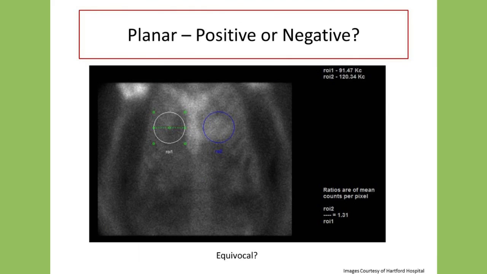In this particular case, the region of interest was 1.31, and it looks like there is activity in the myocardium. But the question becomes, just looking at the planar, is this truly myocardial uptake, or is this prolonged blood pooling? This is one of the specific reasons why this patient was scanned at an hour, and why the thought, which is becoming more common, is to wait the 3 hours and do your SPECT study at 3 hours, to help differentiate between blood pooling and